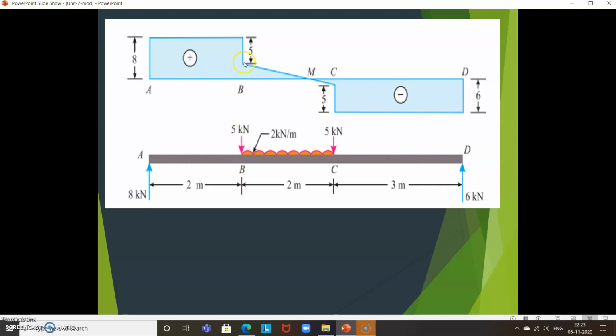Okay, then there is a UDL, because here you can see there is an inclined line. So the UDL is here 3, and here it is minus 1, so 3 minus of minus 1, that is 4, divided by the distance, because this is a UDL, that is 2. So a UDL of 2 kilonewton per meter. Then again at C it is 6, so